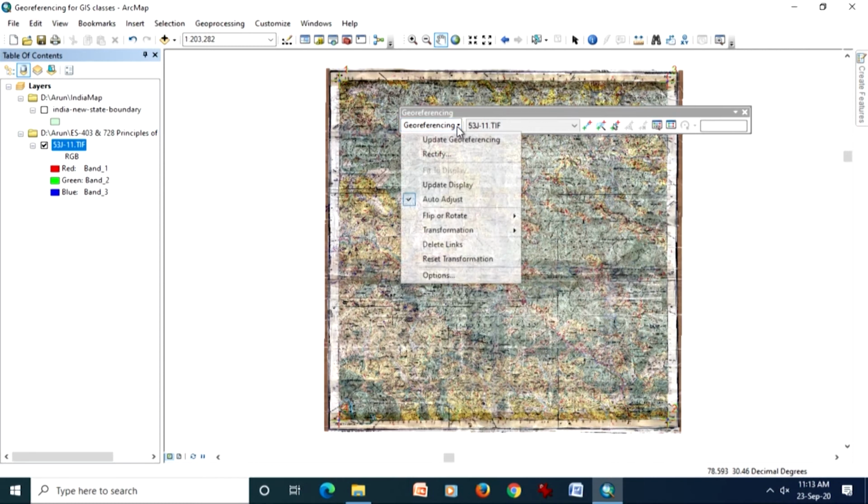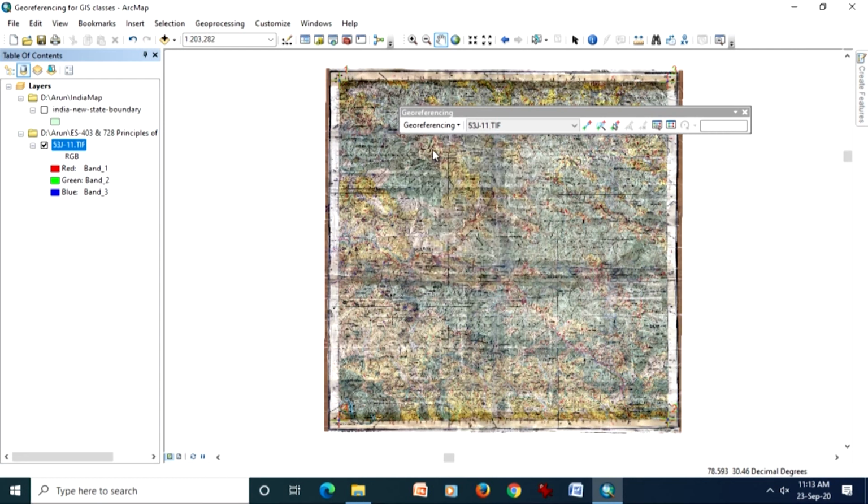Now when you go for this and you say rectify, it will save everything and go for the next step. So that I would like to also demonstrate. You can of course go for update also, but I am going for rectify.